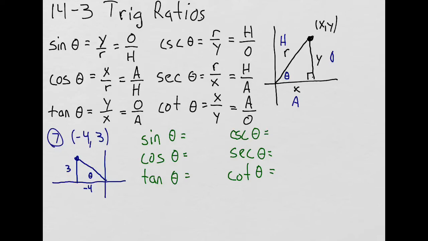So sine is always going to be the y value over r, okay? R is just basically the hypotenuse. So if we're looking at an angle right here, we have some sort of angle, we have some sort of x value associated with that, we have some sort of y value associated with that. And notice that forms a